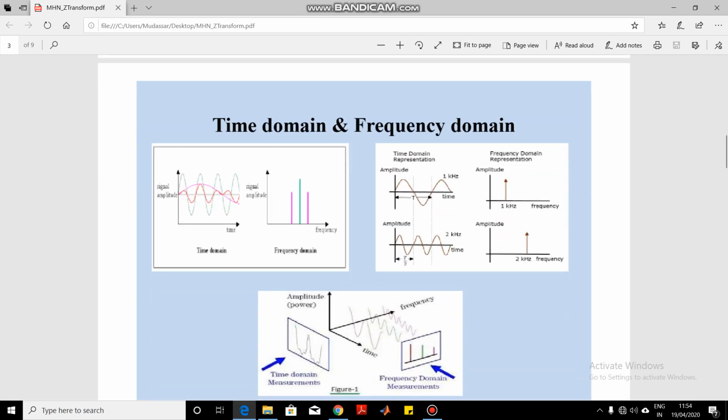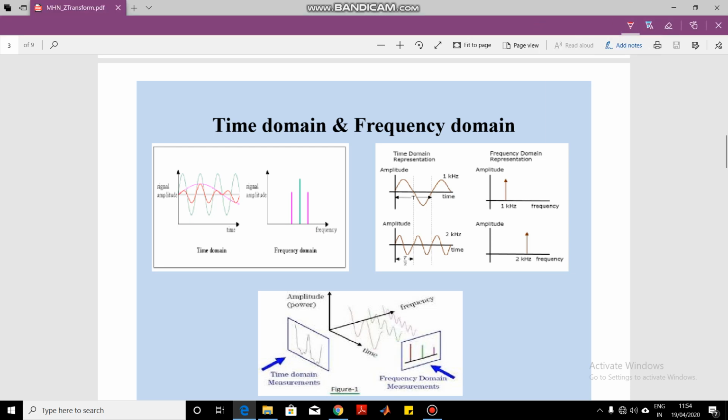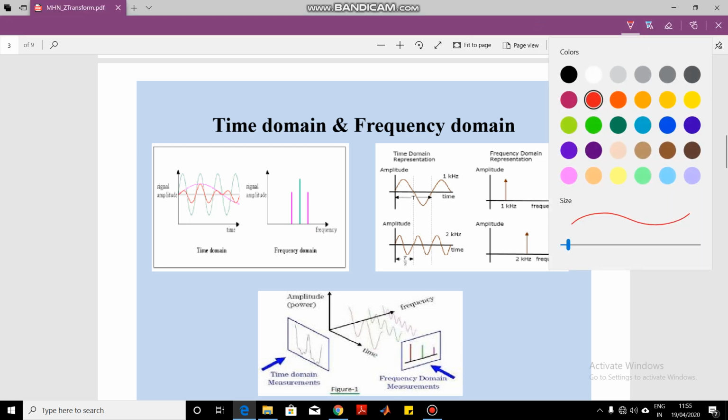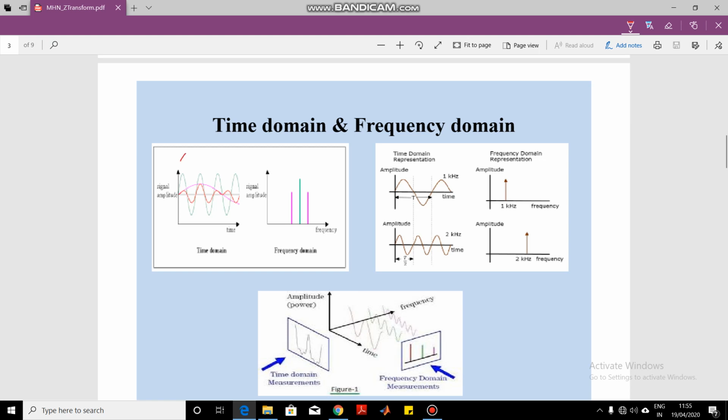So what do we mean first by time domain and frequency domain? Now if we observe so many signals. Whenever we deal with signals in laboratory, we use a equipment called as CRO. On that CRO, we see the signal in the time domain. That is, if you see here, we get the plot of the signals on the CRO. So the signals look like this.